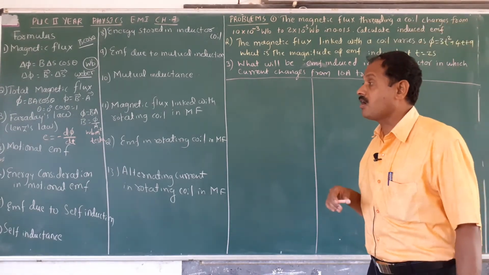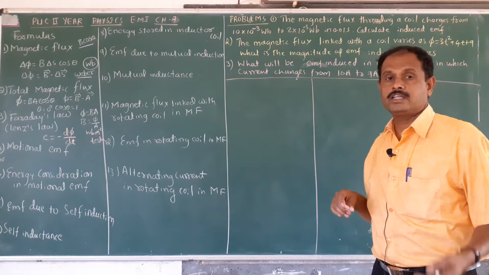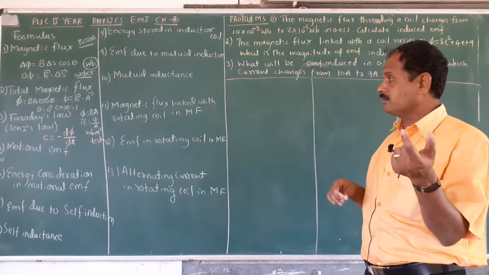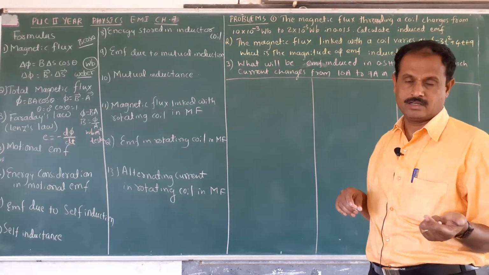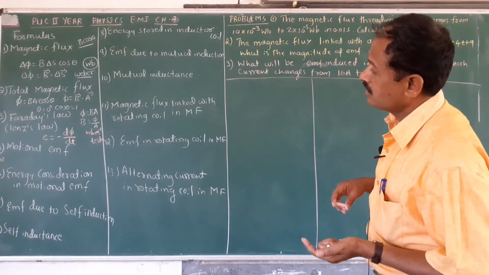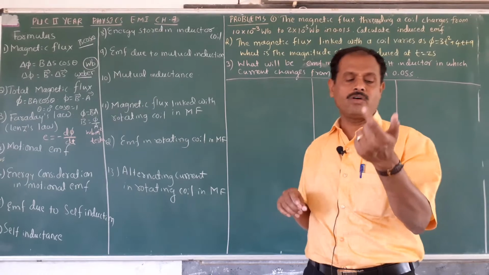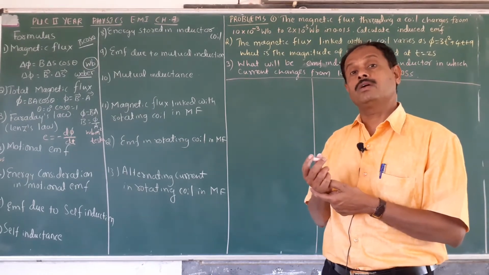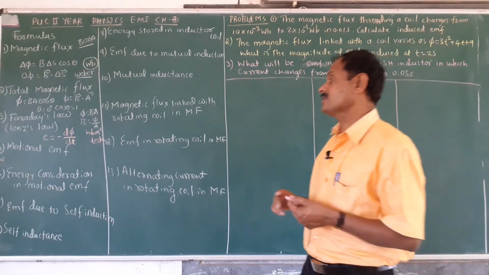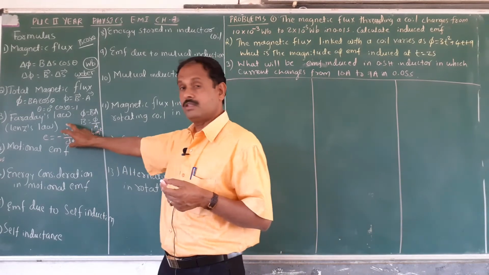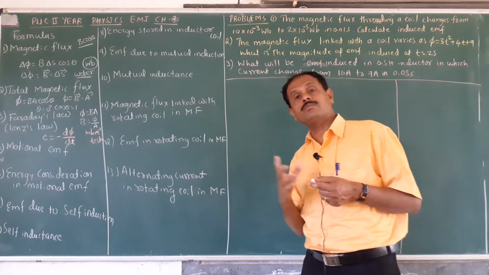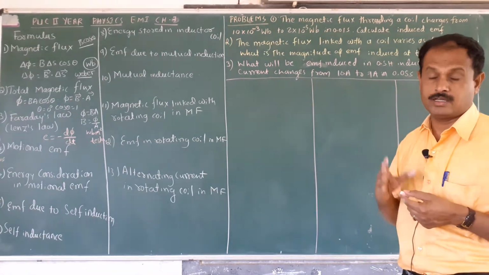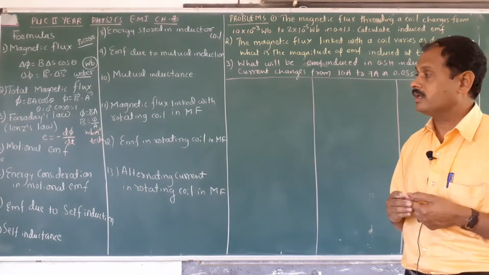It means Lenz's law. Lenz's law gives the direction of the current flow through the coil and also gives the polarities of the EMF, and it will also give the significance of the law of conservation of energy. You have to take here the law of conservation of energy, and it gives the polarity of the EMF, and also the direction of the induced EMF, that is the induced current flow through the coil.